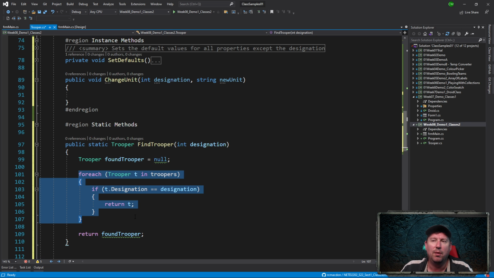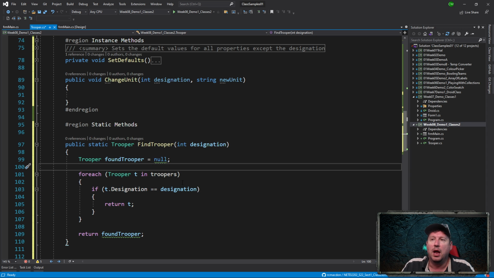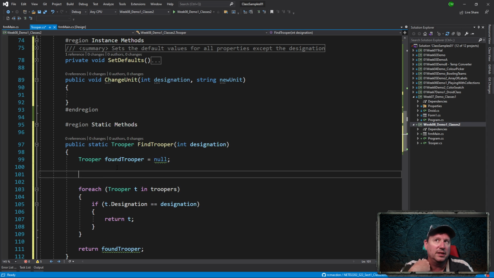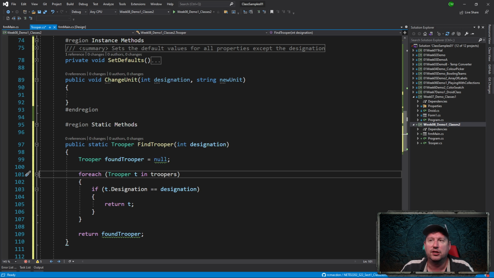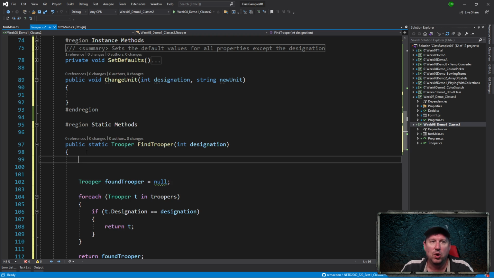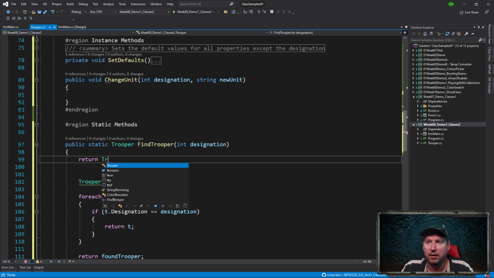So now what I want to show you is a trick that you have with these generic lists. One of the topics is collections, and we're going to show you more of this next week. But a trick you can do with this particular foreach statement is you can actually shortcut this, because generic lists have a built-in feature. So as long as that trooper actually exists, we actually don't need any of this. What we can do is say return